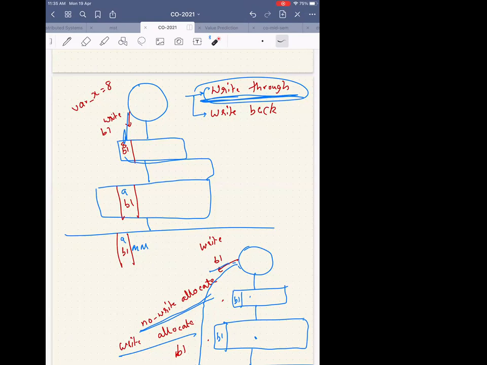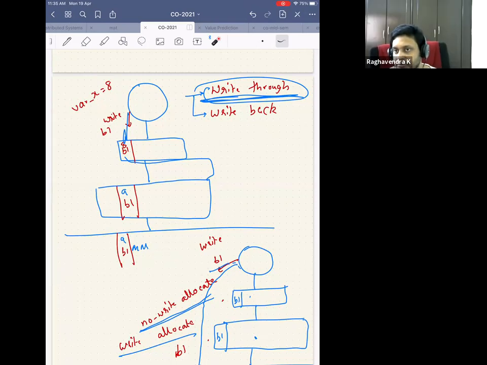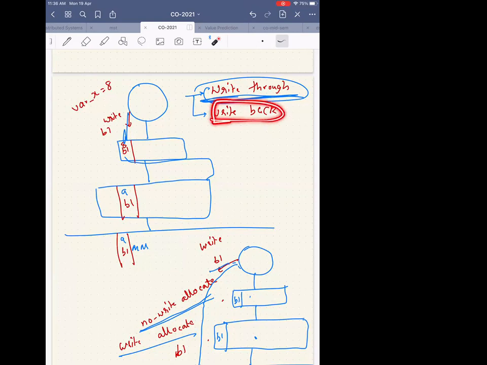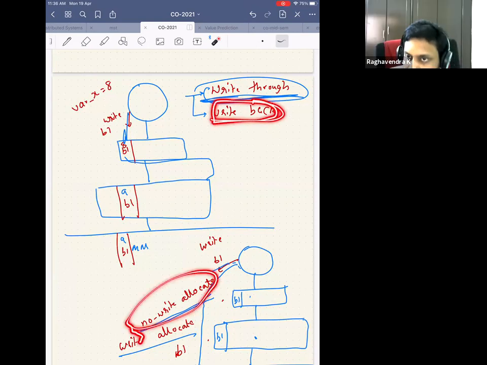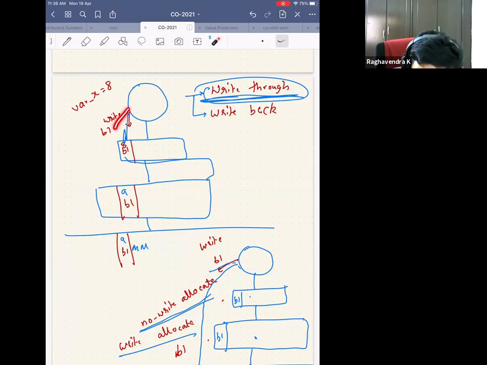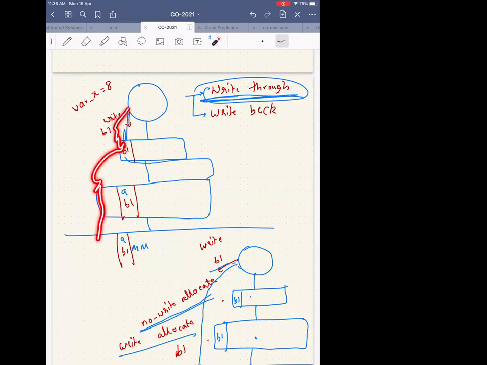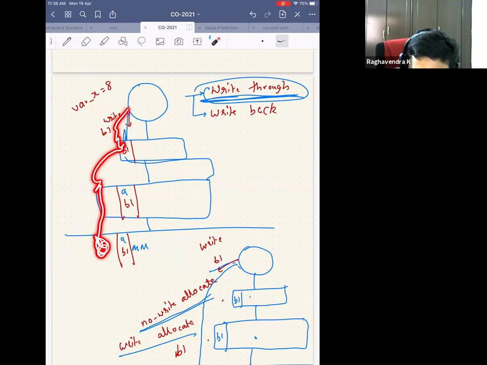So if you go with write back and no write allocate, will there be any problem? Then there's no use, right? What's the use? Because you'll always miss in the cache, because you're not allocating on the write. So let's assume that I picked write back policy and no write allocate policy. What happens? The CPU generates a write. It is not there in the cache. You went to the main memory and then you wrote that data. You didn't bring it to the cache. Now, if the CPU generates another write, it will again have to go to the main memory because you picked no write allocate. You have never kept the block B2 in the cache.